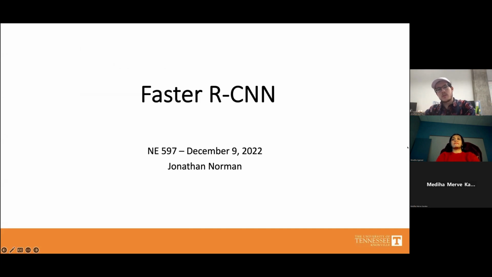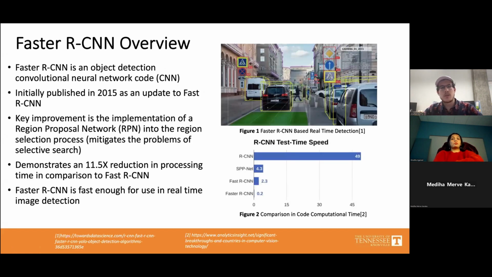Okay, so today I'm going to be talking about the convolutional neural network-based image recognition code, Faster RCNN. As a bit of an overview, Faster RCNN is essentially the third iteration of a code called RCNN. So it's an object detection convolutional neural network code. This was initially published for the first time in 2015, and it was an update to Fast RCNN, which is